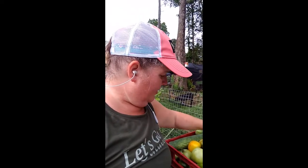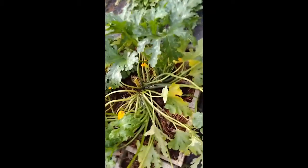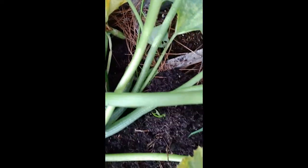I have a lot of tomato plants right now with some blight, and I'm suspecting maybe a hornworm is in my garden, so I'll be doing some hornworm hunting tonight. I also went ahead and had to take out a couple of my zucchini plants. They were gone, and I left a few in because I still got some zucchinis growing back over there, but the other ones were done, and